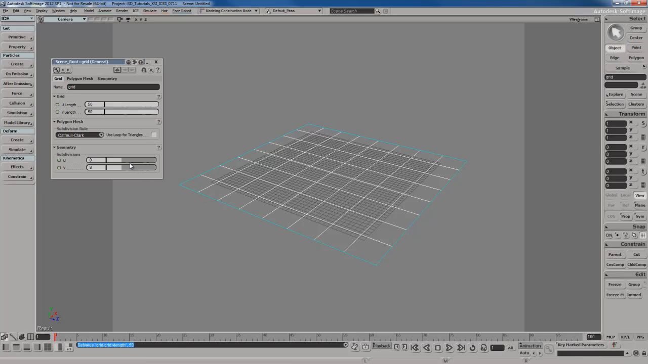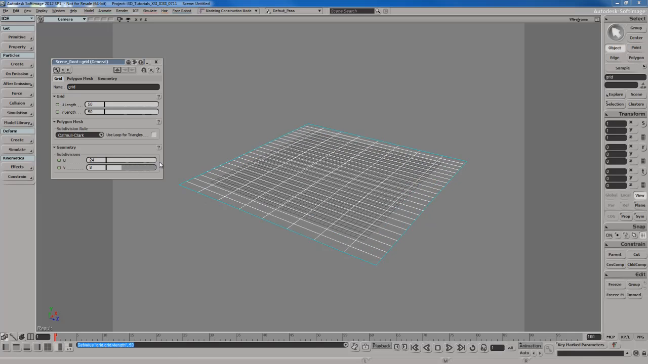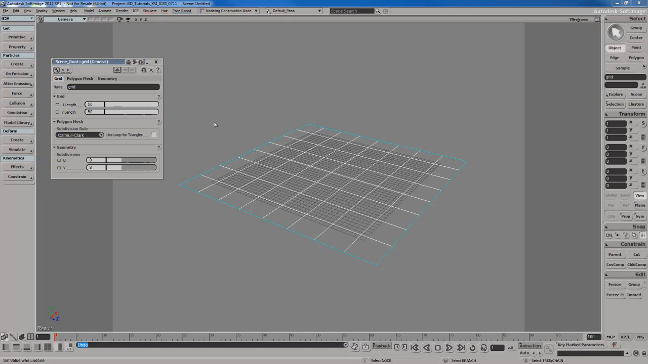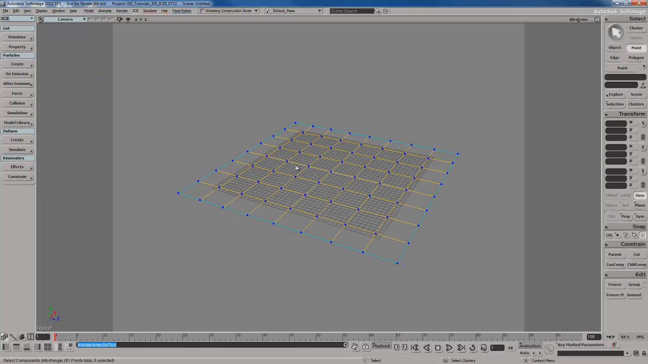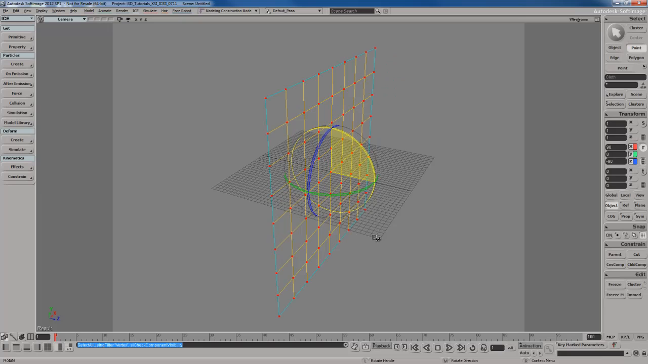So with this done, I could increase the subdivisions of the geometry, which would obviously look better, but the problem is the simulation is going to run pretty slow. So what I'm going to do is I'm just going to use a grid that's 8 by 8 in subdivisions. So it'll just simulate much faster. I'm going to call this cloth. I'm going to go into point mode, take all the vertices, and I'm just going to turn them 90 degrees